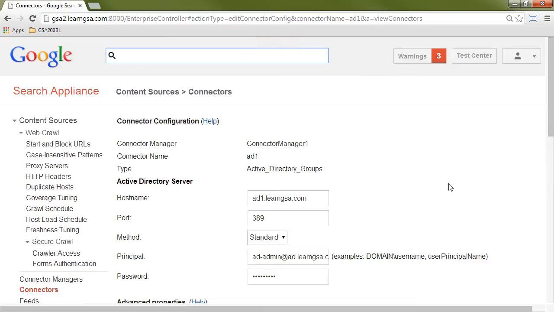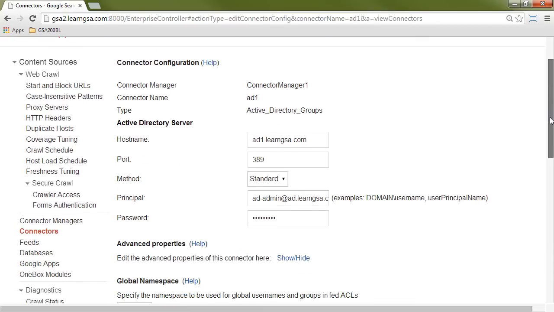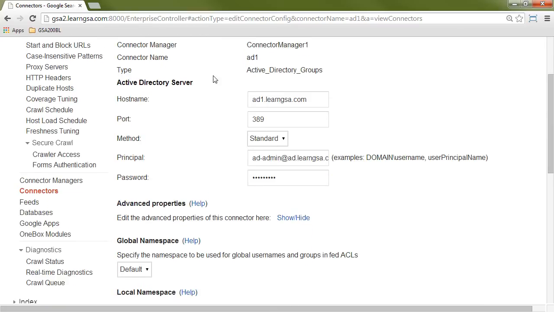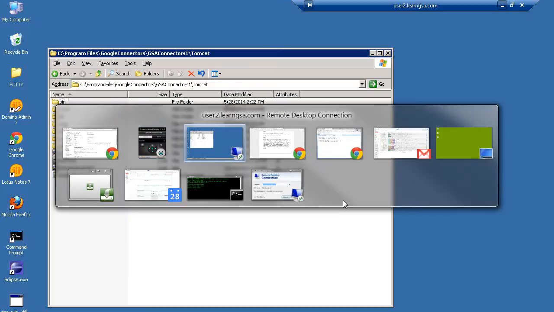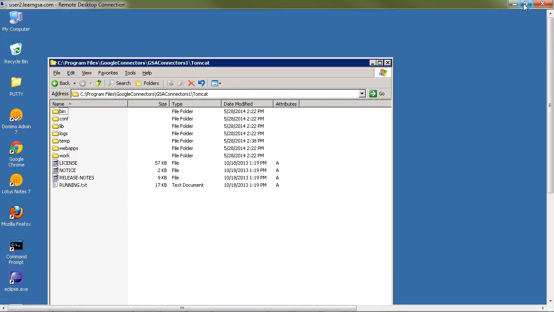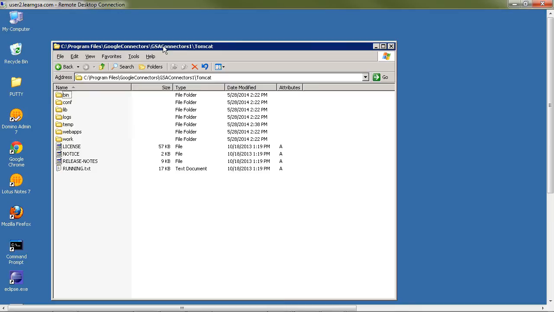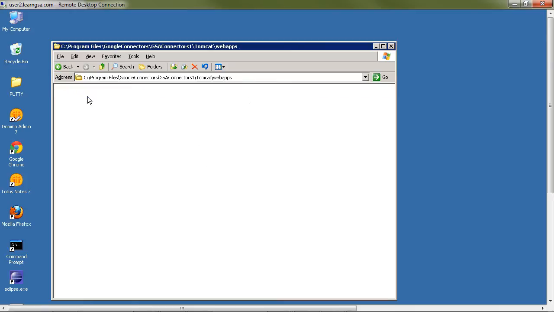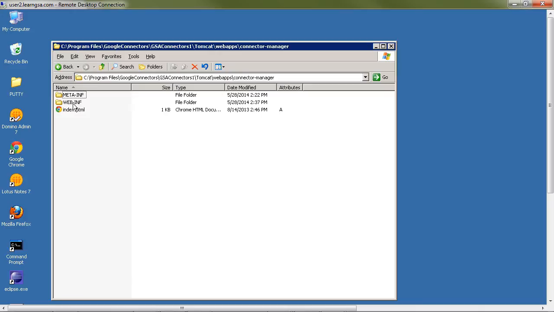If I take a look at my Active Directory groups connector, I can see that it's pointing to LDAP for me. Now if I take a look at the remote machine where I have this configured, I have both of these running within the same connector manager. GSA connectors 1 is the directory on the remote machine. And inside there,